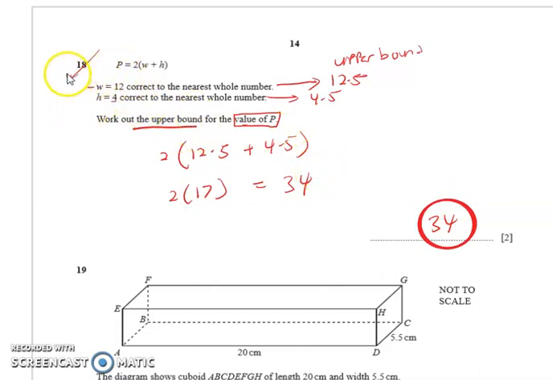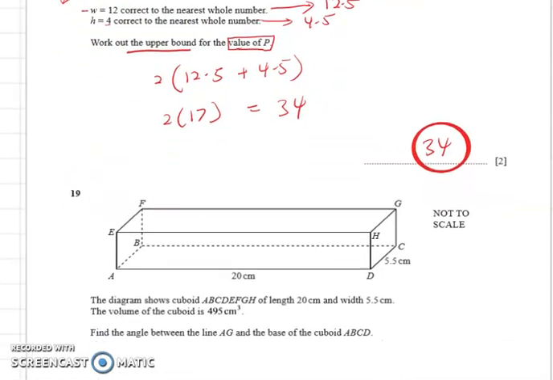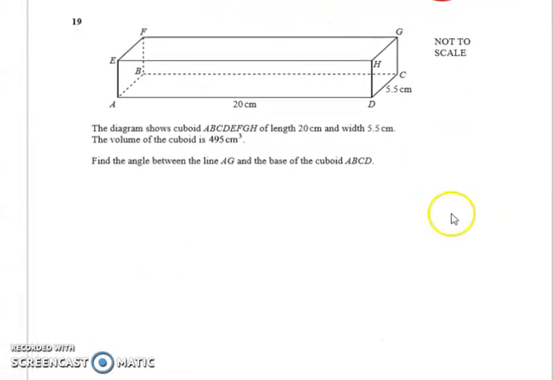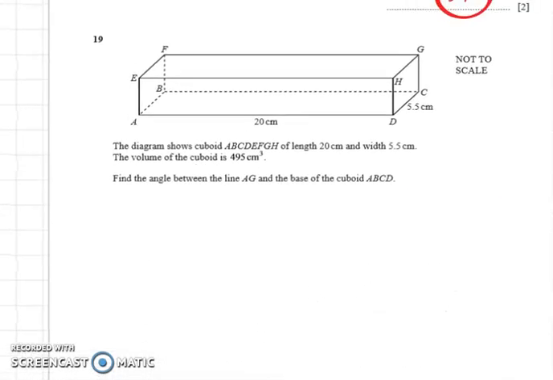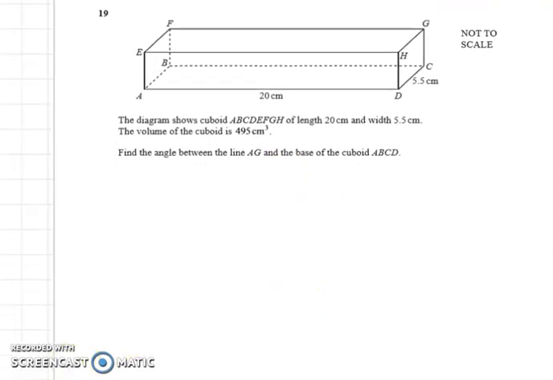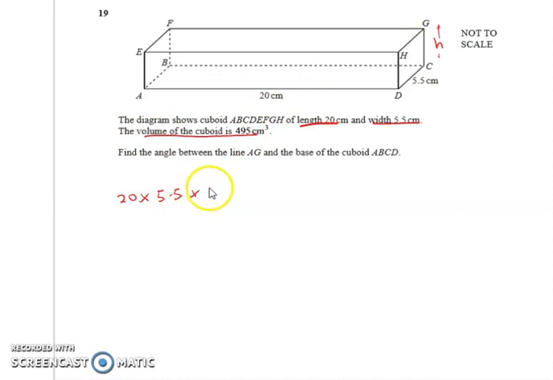Okay, so this is question number 18. And we are moving to question number 19 here. The mark given for question number 19 is 5. Okay, so here is the diagram. We got the length, we got the width, and we don't have the height. So we have to find the height first. Volume is given by this one, 495. So 20 centimeter multiply with 5.5 the width, multiply with the height. We got 495. So we just divide